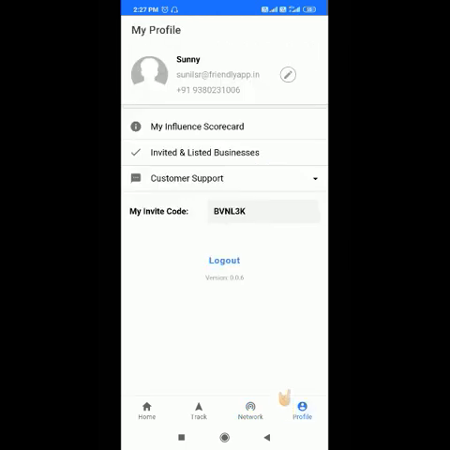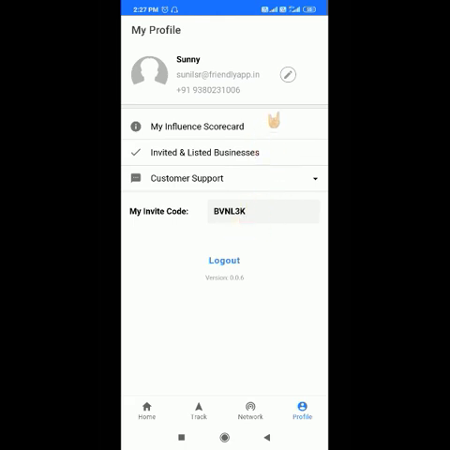In the profile, you can see your invite code. If you use this invite code for inviting businesses, you can get an incentive for onboarding the businesses, and meanwhile the person who is registering the business gets a 10% discount on the listing fee on your behalf.